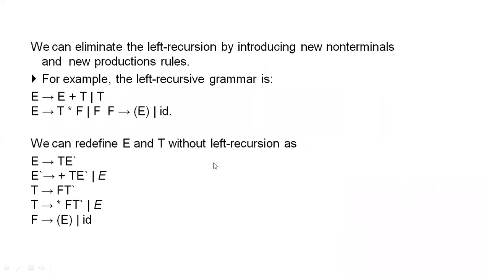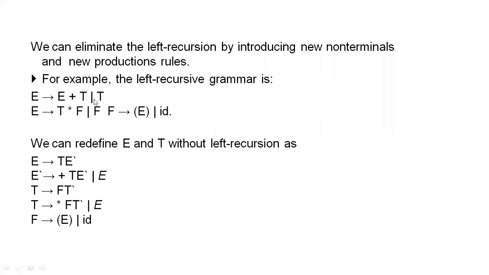So finally, we can call it a redefined or modified grammar. We can call it by any terminology. We can eliminate the left recursion by introducing new variables and new production rules. See here, note down this example. All of you, note down this example and check whether the example consists of left recursion. Check it by the rule.